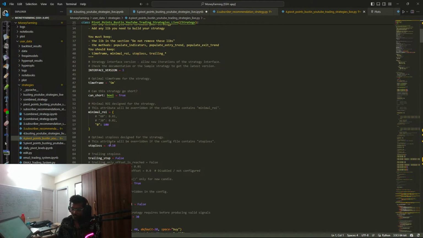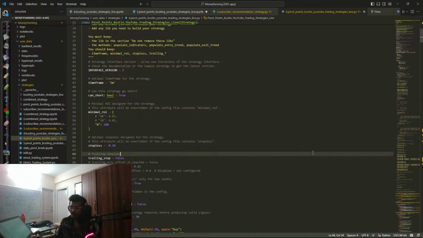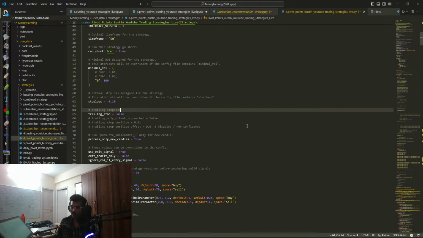I want to see. So 10%, 0.1. It's not 10%, but technically it's a 10% loss with 5x leverage. If a 2% change happens, it's done. Okay, so this also made us profit on the short side. So we can increase our stop loss. You know, what we can do is